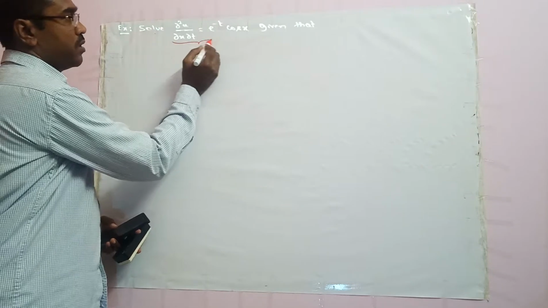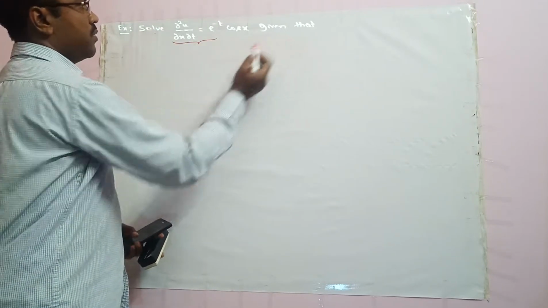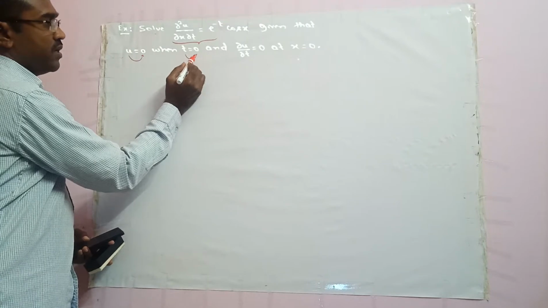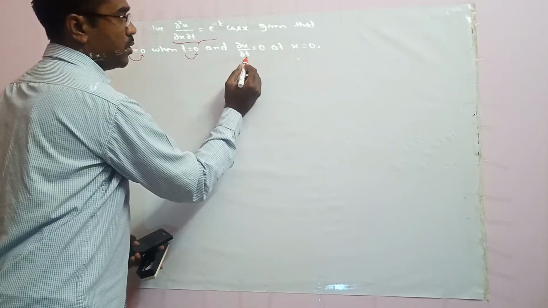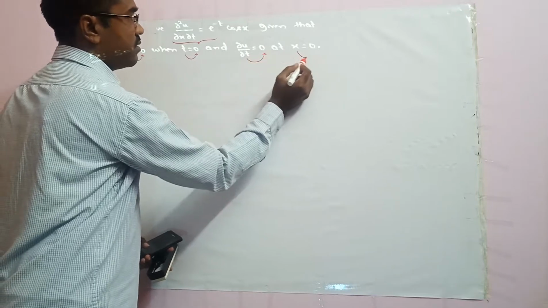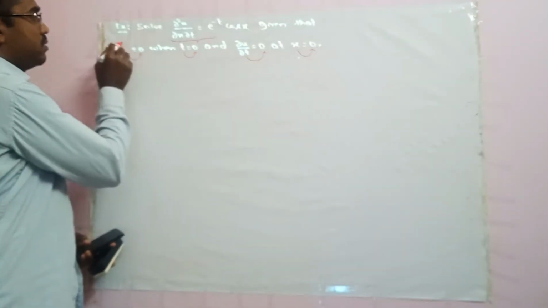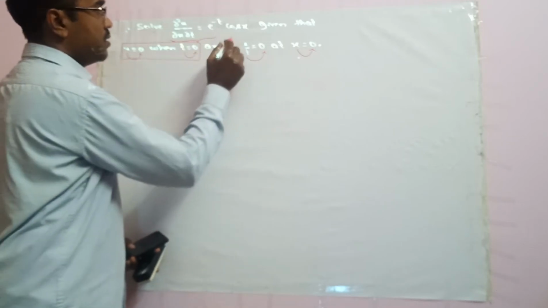We need to solve this PDE. Given that the value of u is 0 when the value of t is 0. Also given that dou u by dou t is 0 when x is 0. We need to use these two conditions. This is one condition and this is another condition,